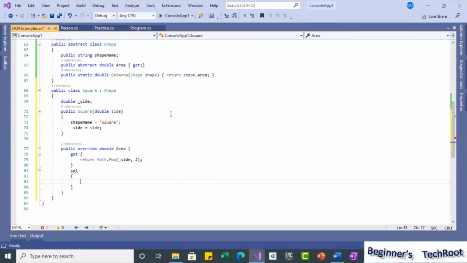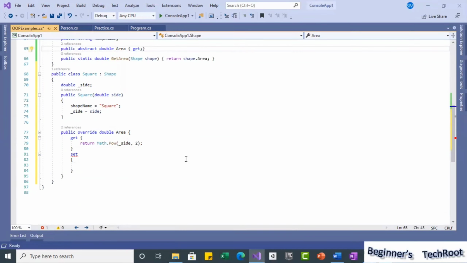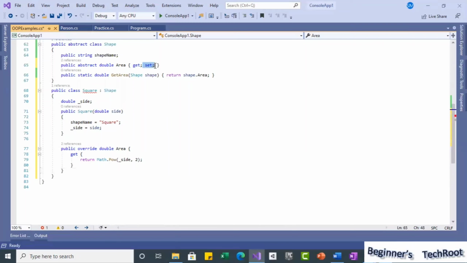We didn't give it in the base class, so you cannot implement it. If you give set semicolon in the base class, now see, the error is gone and you can implement it. That is the thing to understand. I am removing it for our example, I don't need set. Similarly, if you remove get, then get will not be allowed, only set will be allowed.